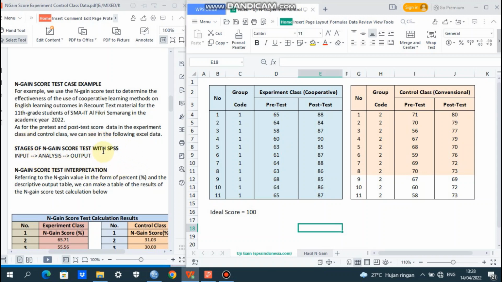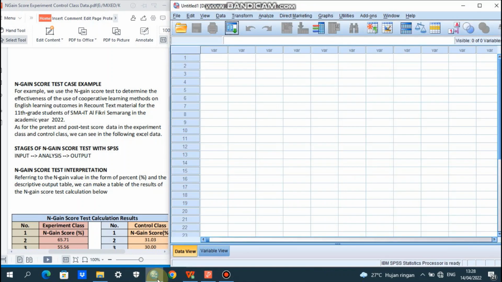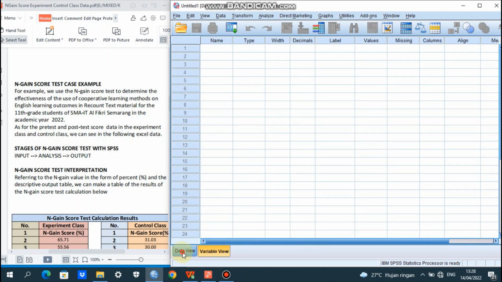We go to the stages of N-gain score test with SPSS. The first, we are going to do the input. Yeah, the input here, we have already typed the data in the Excel data. It's very easy. We go to SPSS first, before we input the data.